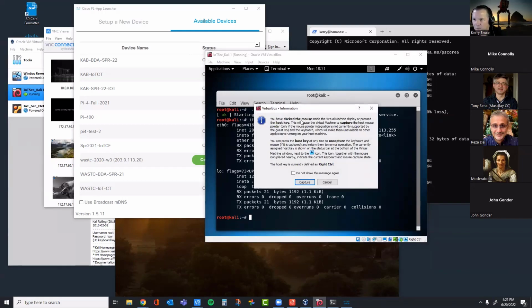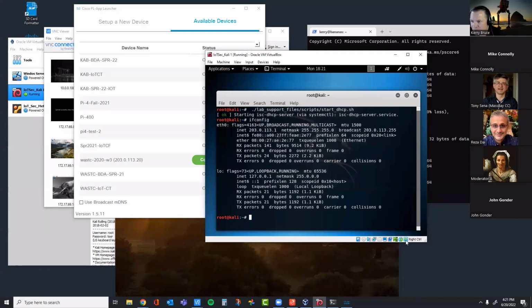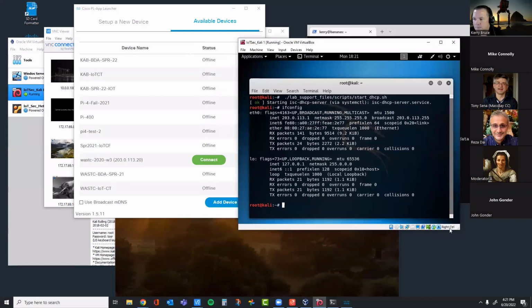So you click the mouse inside of the virtual machine display. Right, mine was captured. And then if you press the right control key, the control key on the right-hand side should undo it and give you your mouse back. No luck. Yeah, right control, but